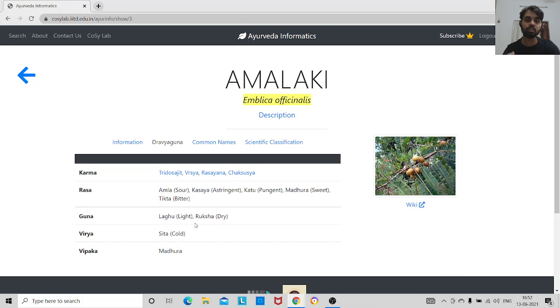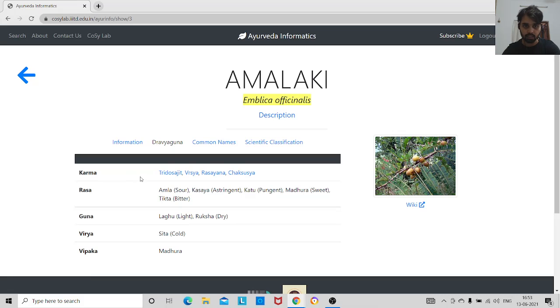This is basically the nutritional terminology to understand this particular ingredient. Karma is the physiological action that this ingredient initiates after consumption by the consumer. Rasa is the taste, just a sensory perception over the tongue. Guna is the attribute, the property of that plant. Virya is the potency, the energy, the efficacy it generates in our body after consumption. Vipak is the post-digestive taste of this ingredient.